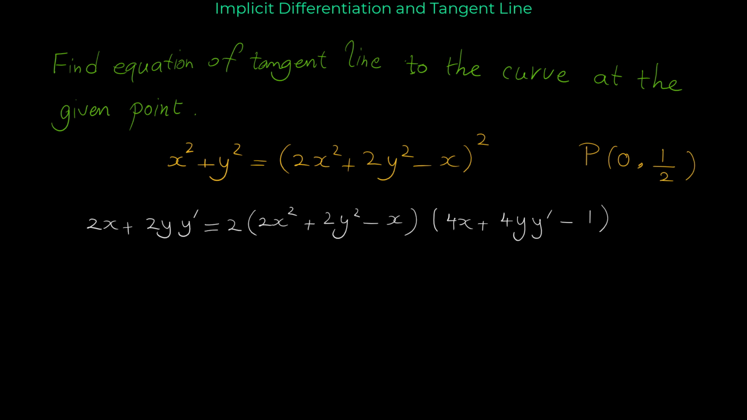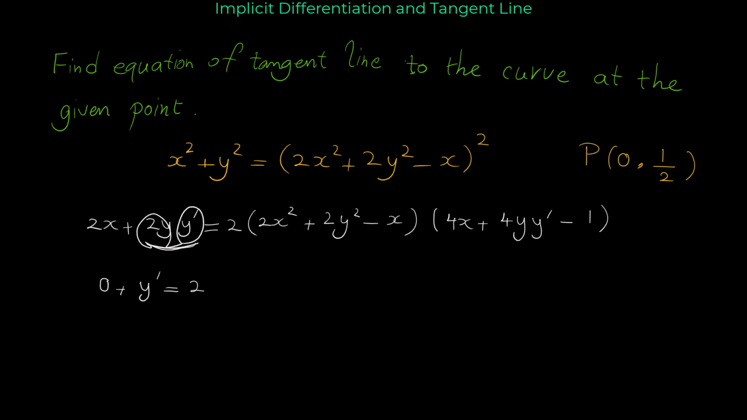So let's plug in 0 for x in this equation and 1/2 for y. Then we have this 2 times x here. 2 times x is 2 times 0 because x is 0. 2 times 0 is 0. So this would be completely 0. Let me write 0 plus 2 times y. y is 1/2. 2 times 1/2 is 1. So this would be 1 times y prime, which is only y prime,